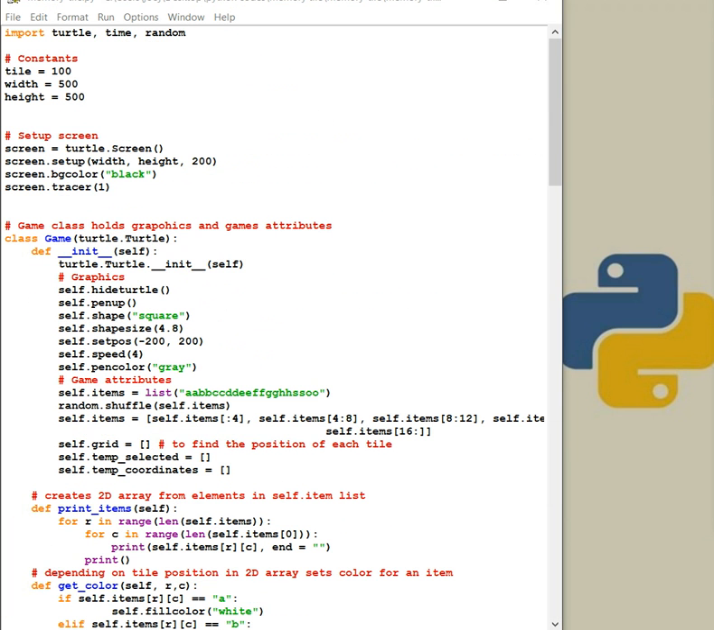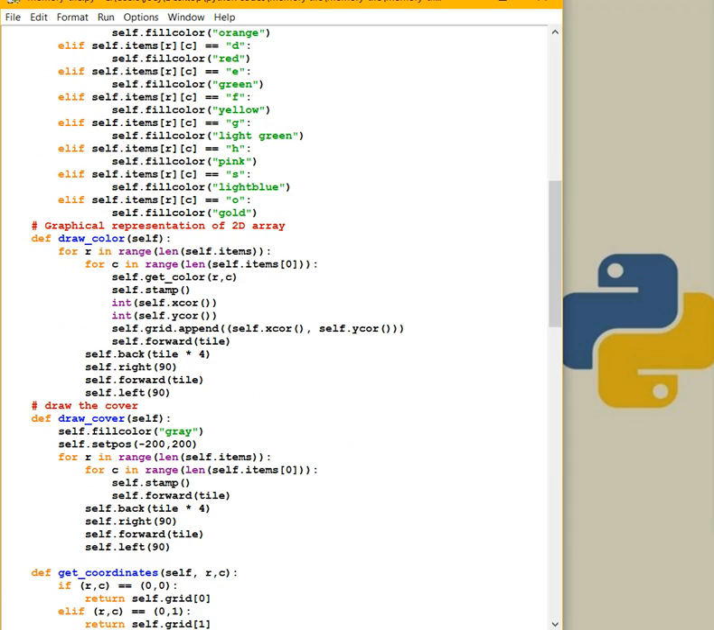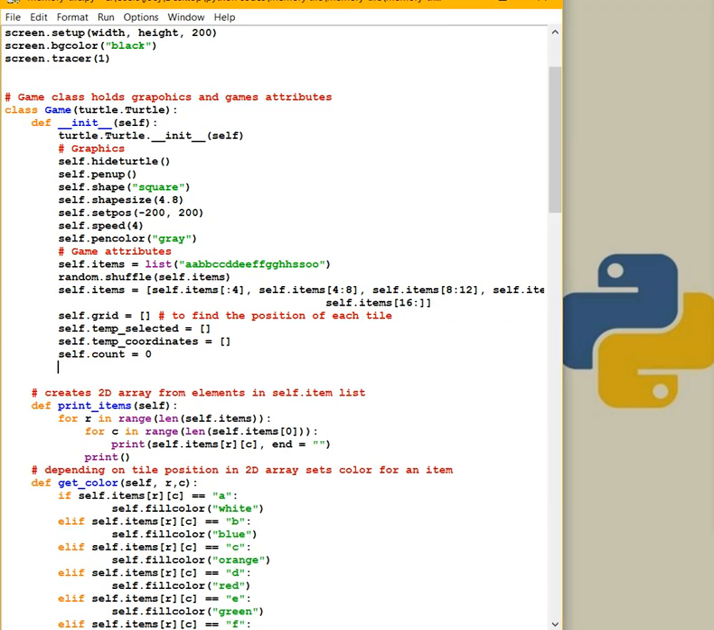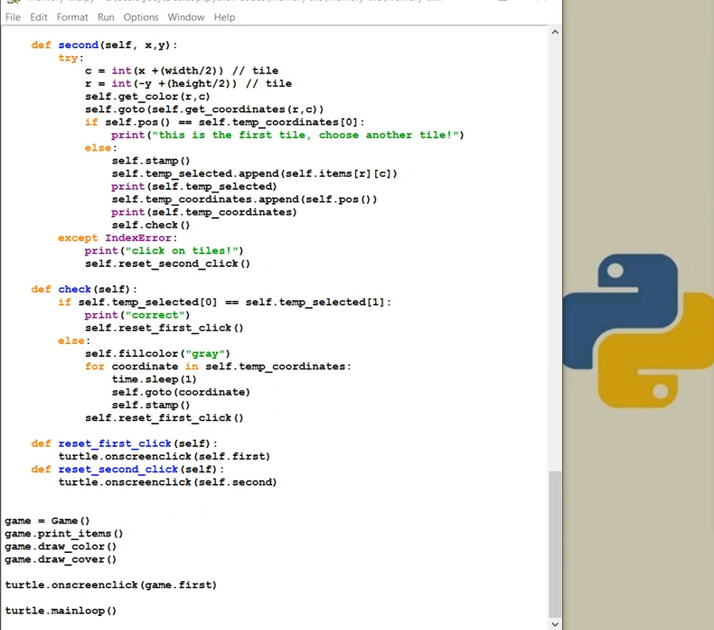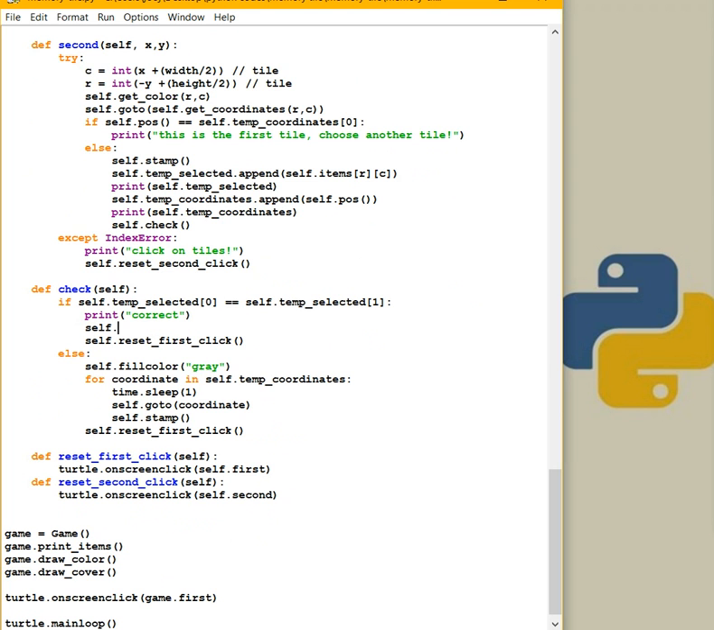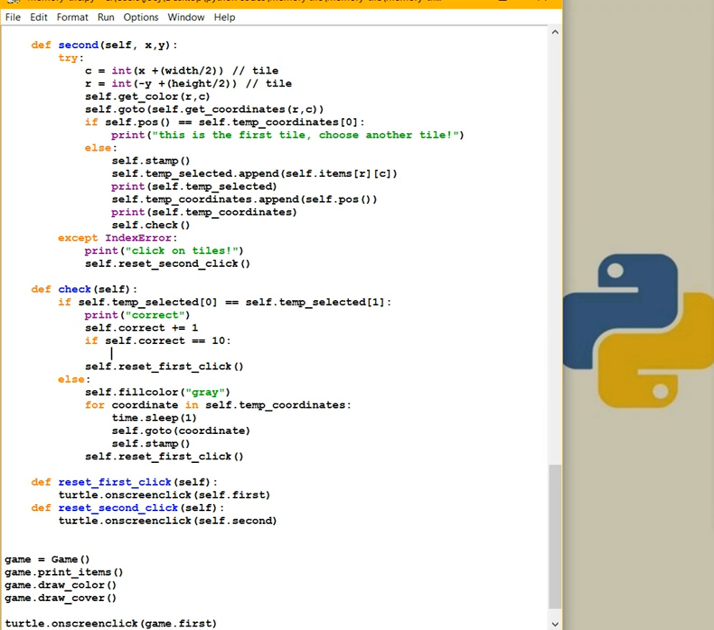Then, because we don't want to refer to this in all our methods, let's create one more attribute here. Call it self.count, equal to 0. Also one more, self.correct equal 0. Yeah, and in the check method here, after we print correct, we can say self.correct plus equal 1, and if self.correct equals 10, which means we chose the right colors 10 times, we are finished with colors anyway. So print something, you solve the puzzle